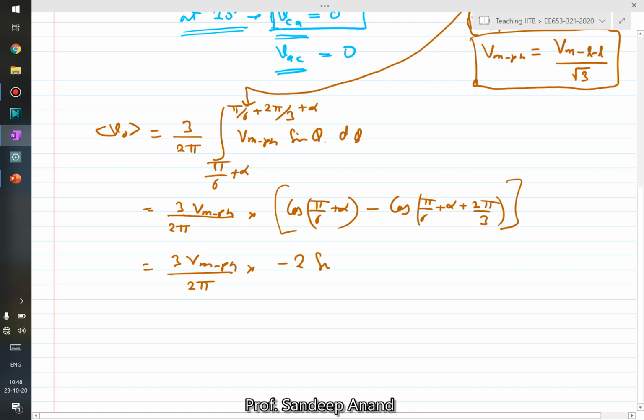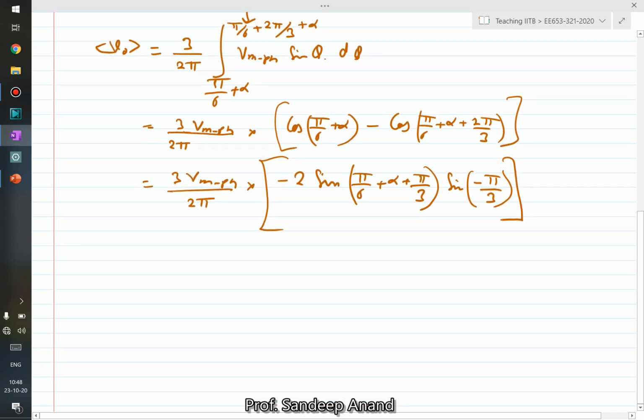2 times sine of (A plus B) by 2, which would be pi by 6 plus alpha plus pi by 3, right, into sine of (A minus B) by 2, which is going to be minus pi by 3, right? You can further simplify it. We'll get 3 times